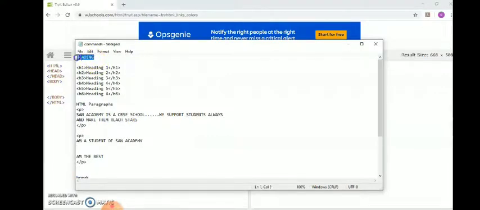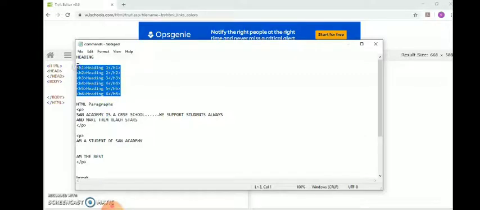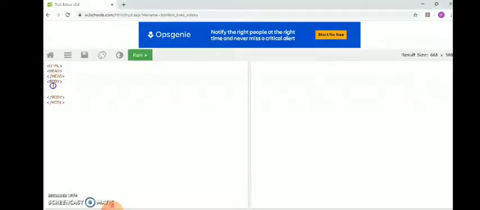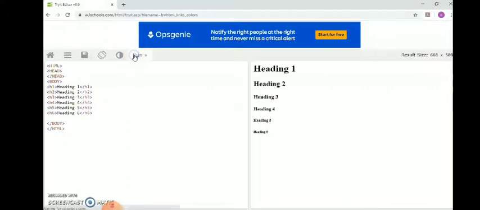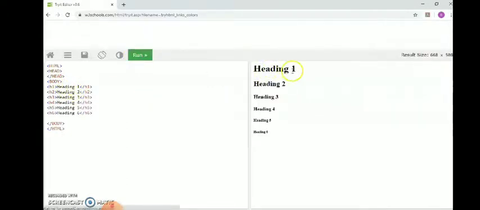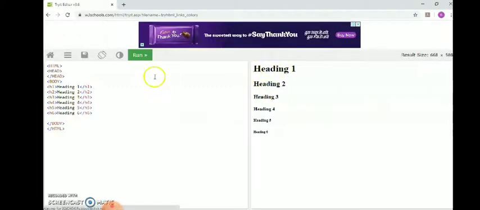For the heading, I have given six levels. As I told you, H1 will be the highest font. I'm copying it inside the body tag. See what happens. Heading 1, heading 2, the size decreases, right? And heading 6 will have 8 pt. That is the font size I'm specifying.